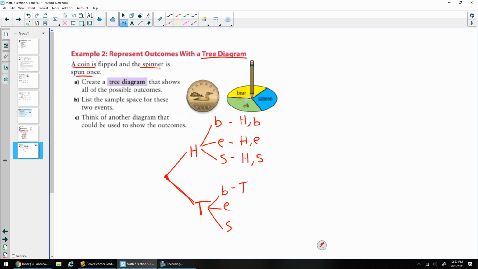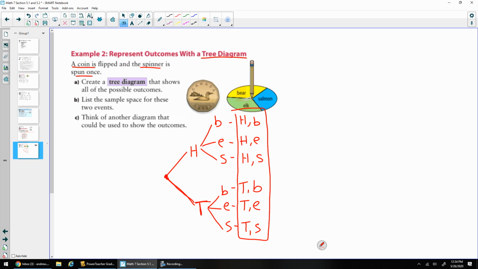You could get a tails and then a bear. You could get tails and then elk, or a tails and then a salmon. Okay, and those are all the possible outcomes. So now that I wrote them together here, this would be my sample space